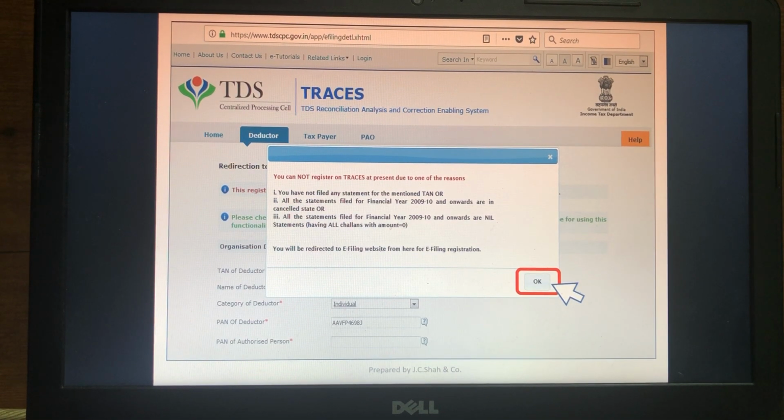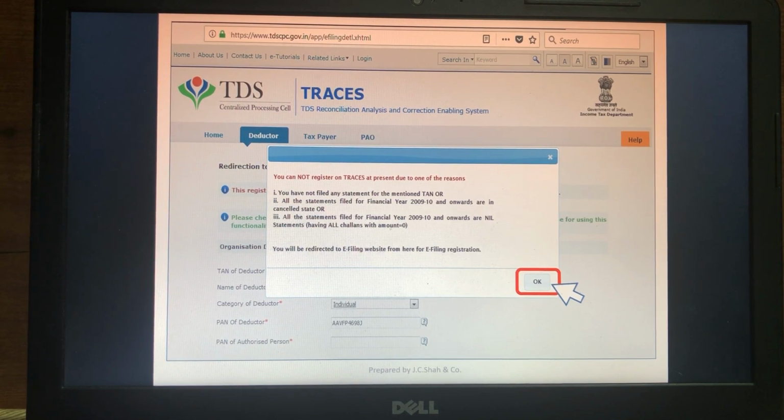Here a pop-up message will come stating that you haven't filed any TDS returns till now under this TAN number, so you cannot register on TRACES right away. It will redirect you again to the Income Tax Portal.